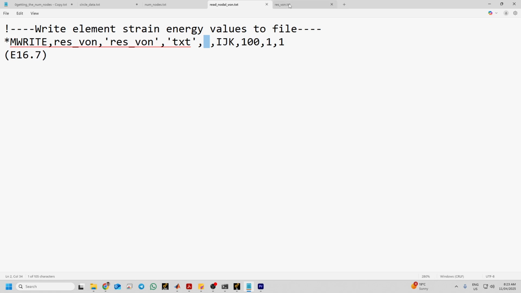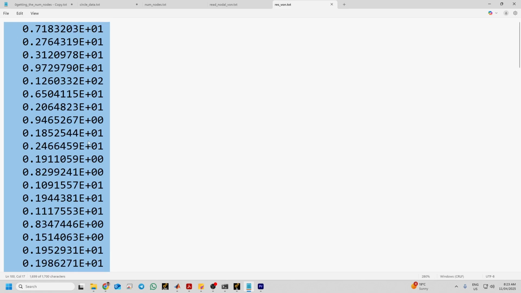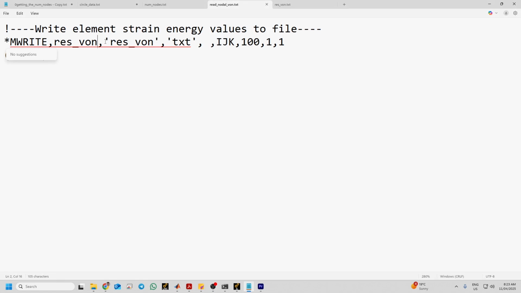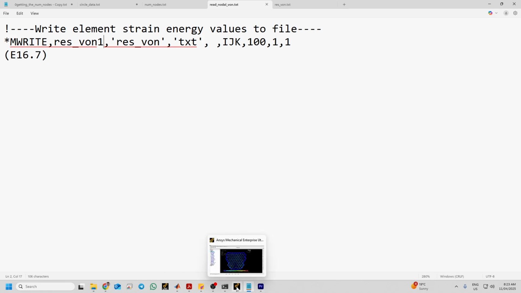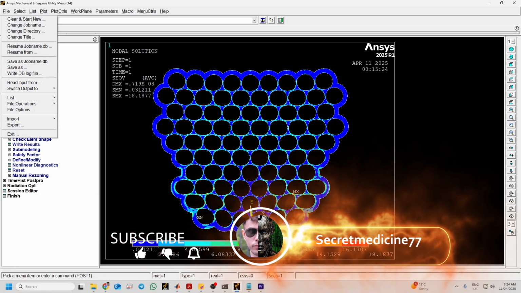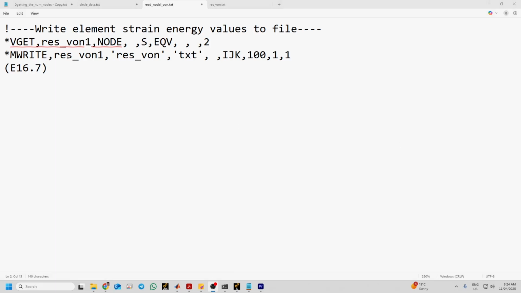So let us see again. We have 100 values here. I will change this name to res11 and Control S. Remember to save this file and do it again. It's much better also to put res11 here. So Control S,